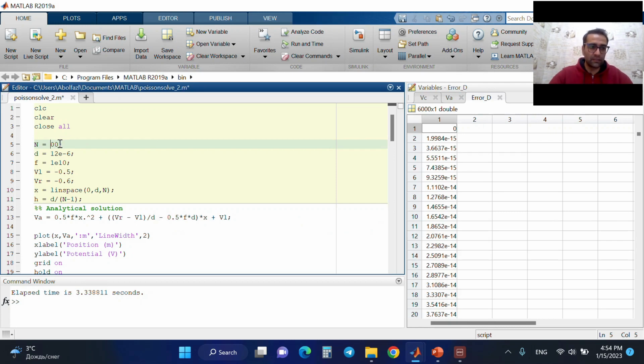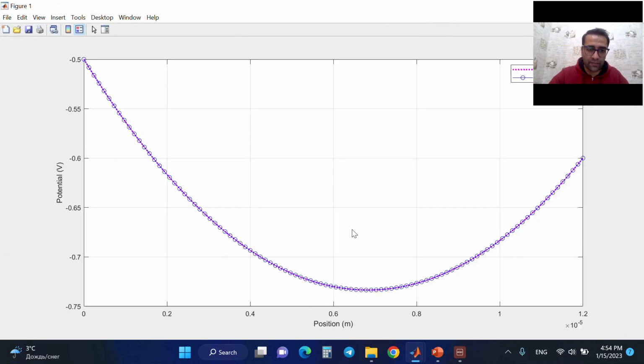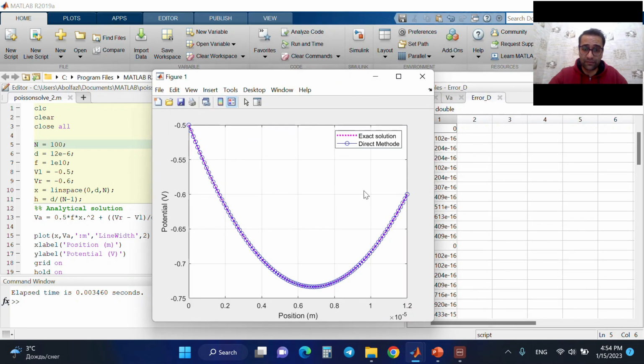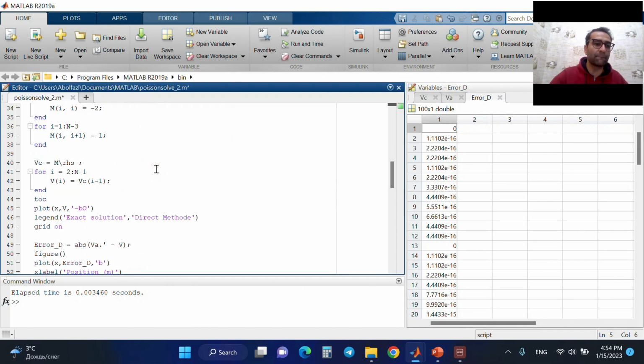Just I decrease it to 100, and you see how much is this? They are fitted to each other very well, right? Okay, let's continue. I again decrease number of grid to 6 and go on to the